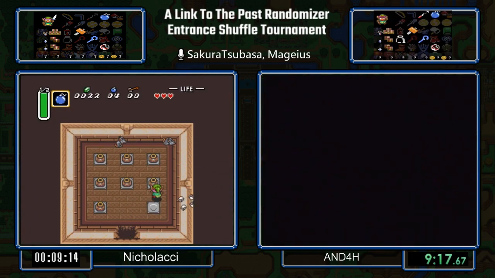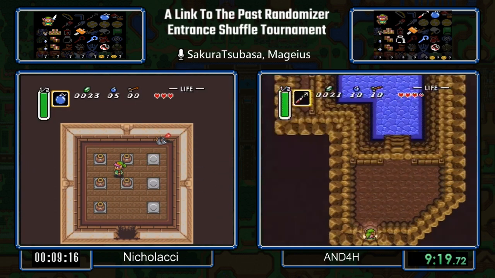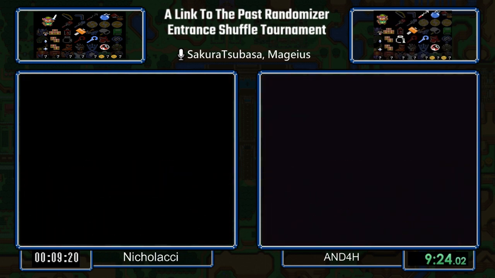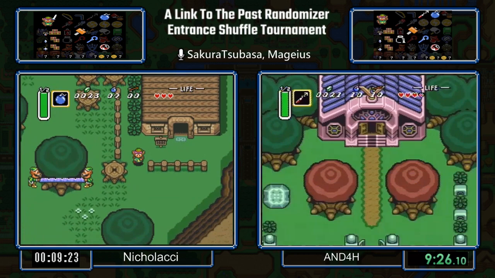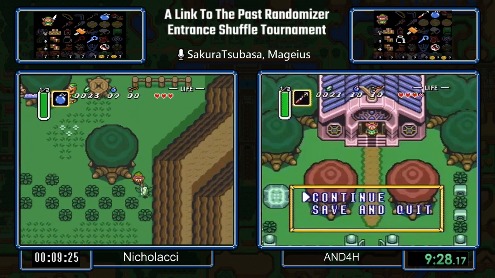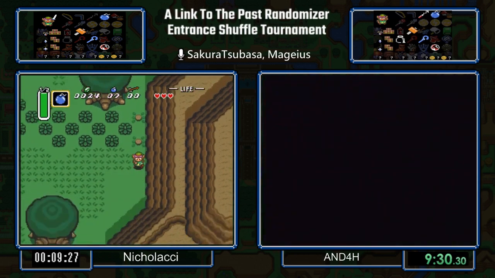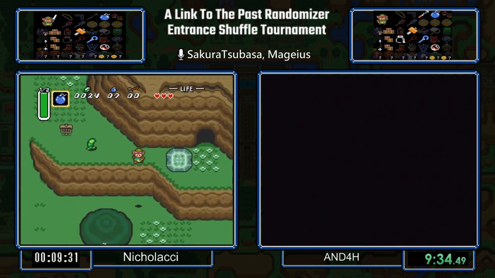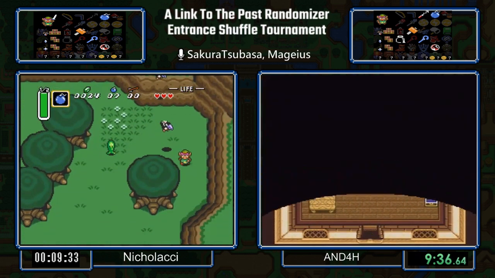Alright, looks like Sanctuary is the Lumberjack Cave, except for with bombs. So not necessary. Well, unless they actually need bombs, but...